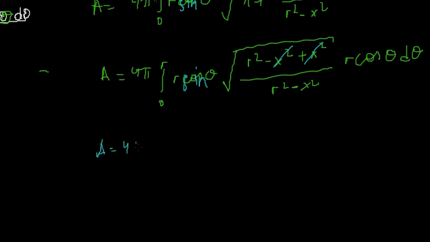A is equal to 4 pi integral from 0 to r of r times r squared sine of theta cosine of theta,